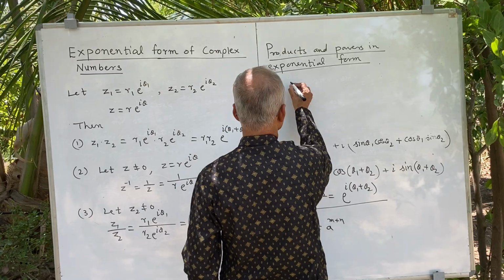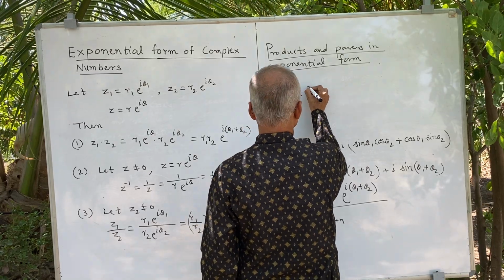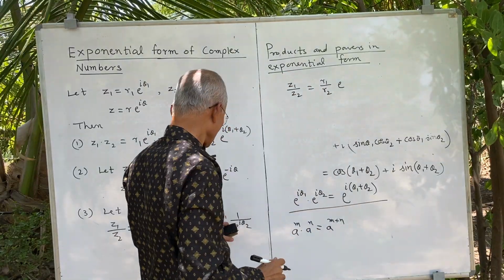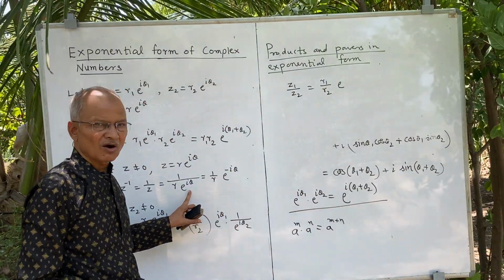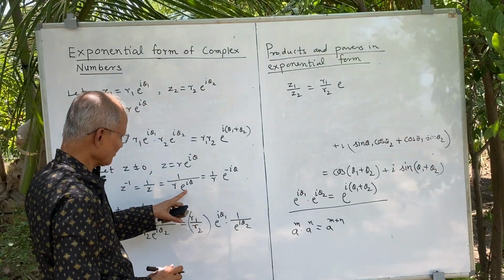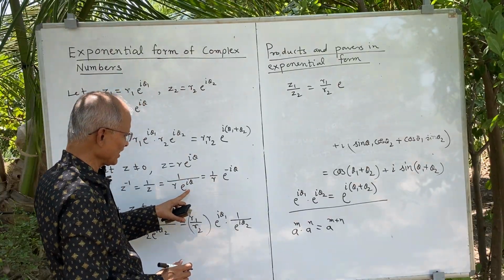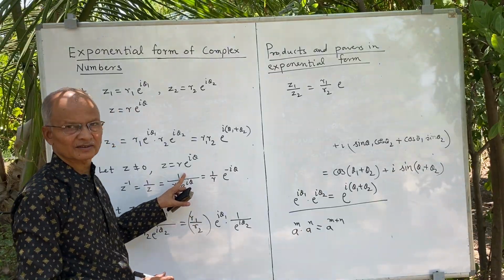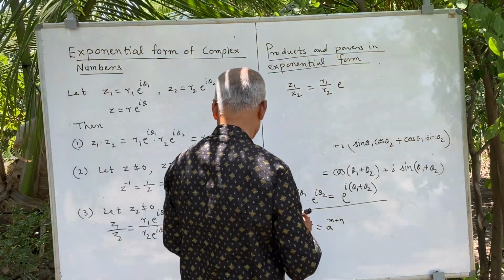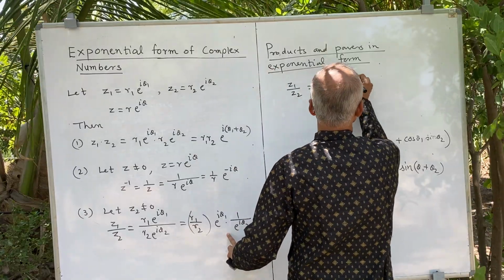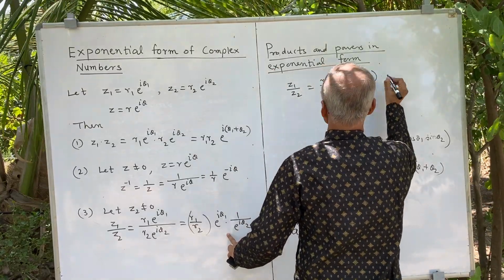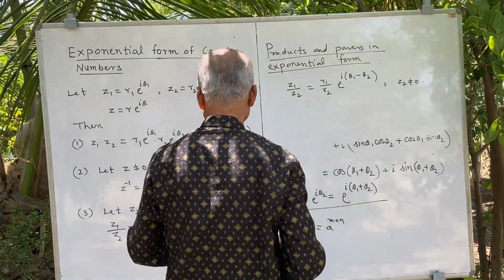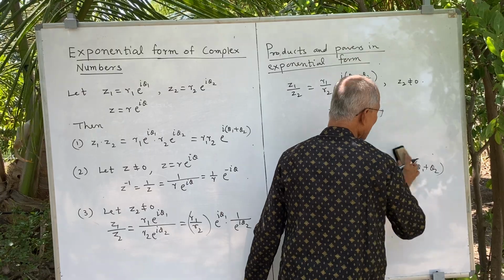z1 by z2 is equal to r1 upon r2 into e power, here we can see we can multiply both numerator and denominator by e power minus i theta 2, and this becomes 1 and this becomes e power minus i theta 2, and therefore e power i is common, theta 1 minus theta 2, and the condition is z2 is not equal to 0. Thus in this way the quotient can be expressed, and power of z